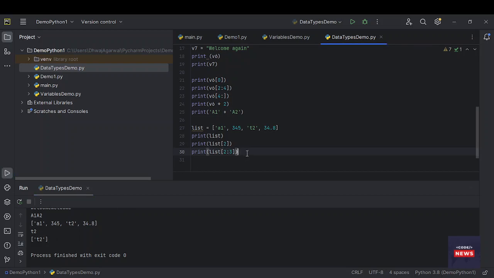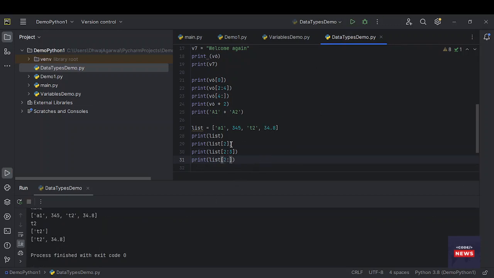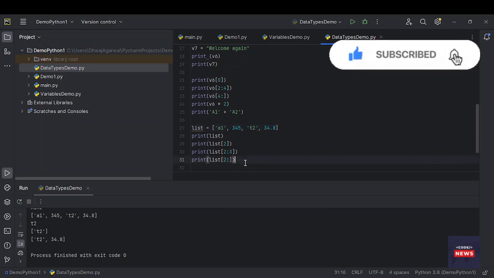Okay, if you want to print all the items from list from specific position, then you can say like this, not like this. We need to specify colon for that. Yeah. You see, after second, P2 and 34.8 is printed. Okay,